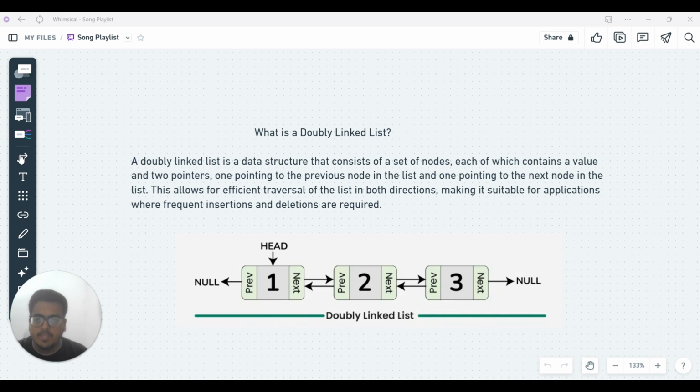So before moving towards the project, what is a doubly linked list? A doubly linked list is a data structure that consists of a set of nodes, each of which contains a value and two pointers, one pointing to the previous node and the other pointing to the next node. This allows for efficient traversal of the list in both directions, making it suitable for applications where frequent insertions